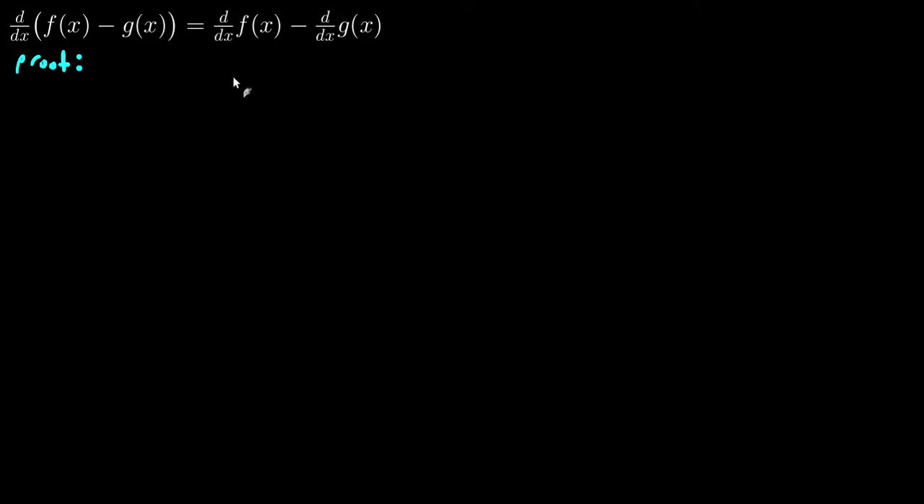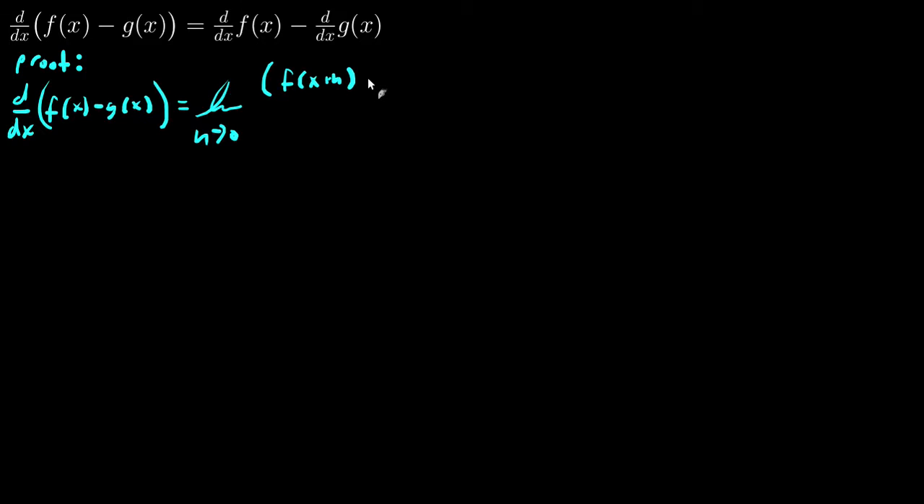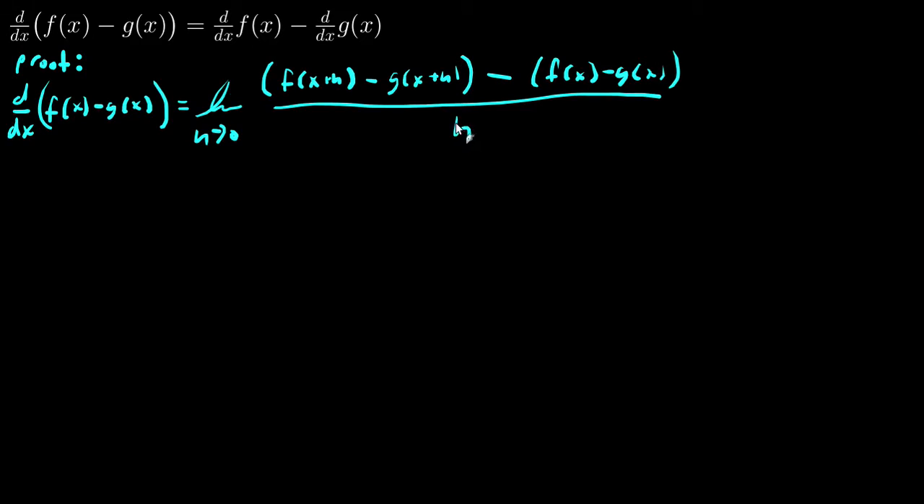But we'll see what happens. So in this one, I'll start from the left-hand side. I know that the derivative with respect to x of f of x minus g of x will equal the limit as h approaches 0 of the difference quotient, f of x plus h minus g of x plus h minus f of x minus g of x all over h. And just like before, my target is to get the derivative of f and the derivative of